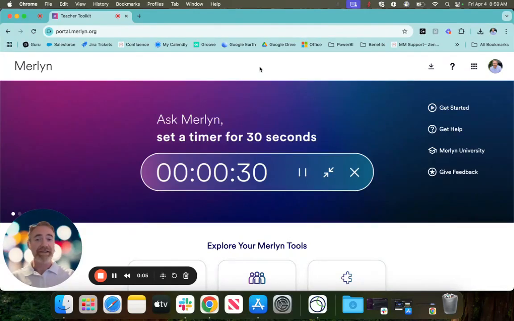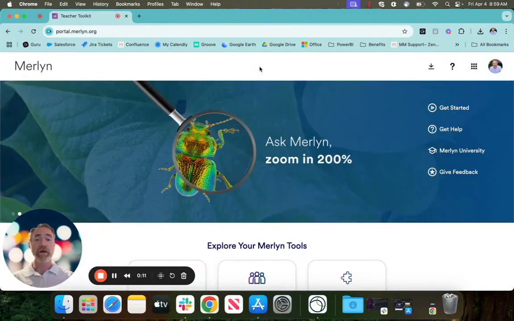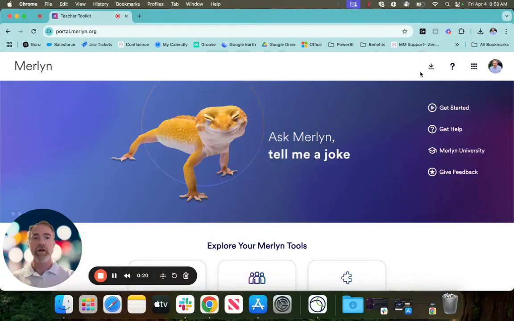Hi everybody, today we are installing Merlyn Origin onto Mac OS. We begin here at the teacher portal, portal.merlyn.org. Once you get to this page, come on over to this download button right over here, and we're going